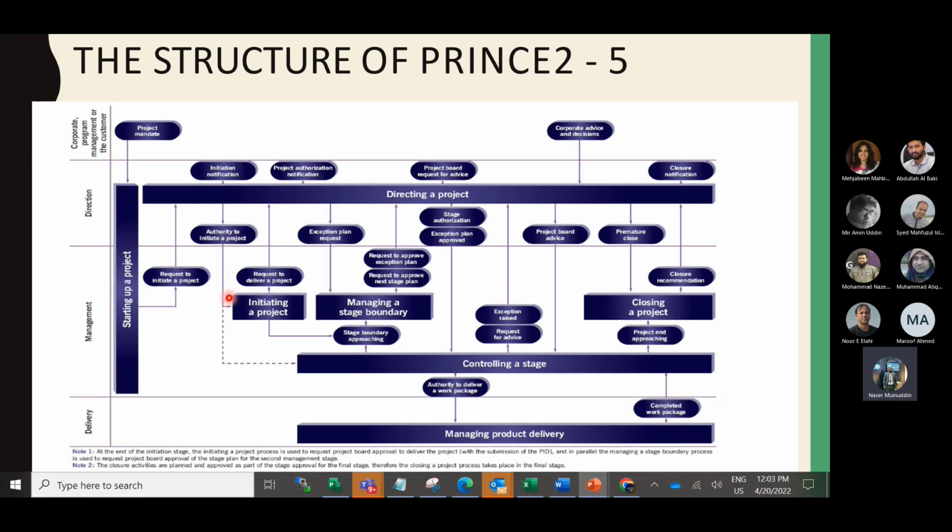You initiate the project, then the next is initiating a project, and then request to deliver a project. So these are the overall details. I am requesting you not just to understand at a high level what each of the processes is.